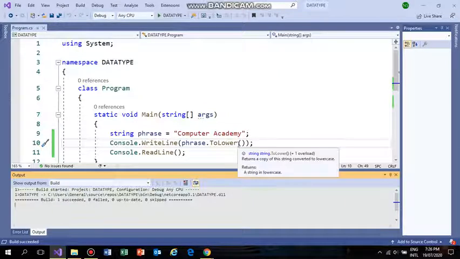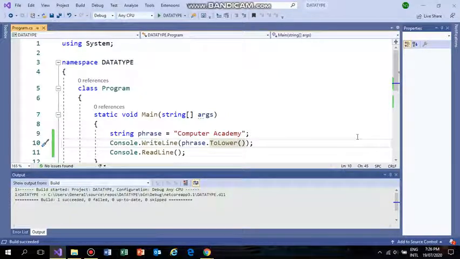For example, now if we require to find out the uppercase in Computer Academy, definitely it will convert all the letters C, O, M, P, U, T, E, R and A, C, A, D, E, M, Y. So let's write it.